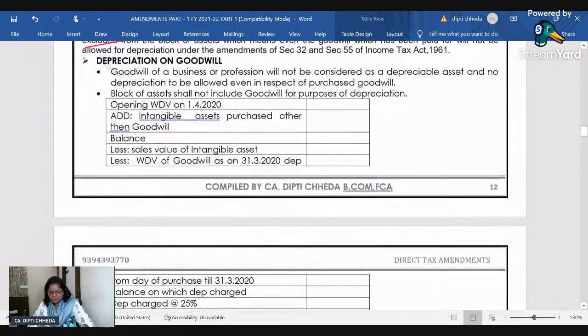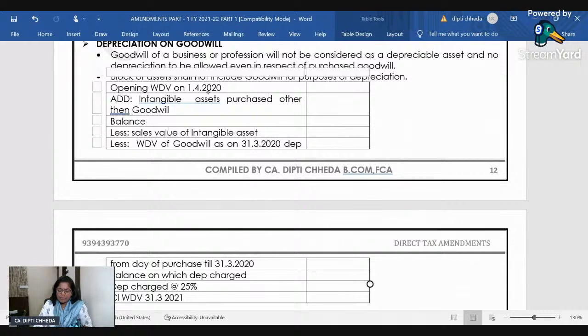I'll make sure we solve some more practical problems. But now look, opening WDV 1/4/2020, Finance Act 21 came, but before the filing, someone asked me, ma'am, if this is Finance Act 21, and if this amendment came with retrospective effect, then what about the depreciation which we have already charged in 2021? 2021's returns were finalized in the 21-22 assessment year. And before that, this Finance Act already came in the month of February. Yes, a little late because of COVID and all, but it came before the end of the